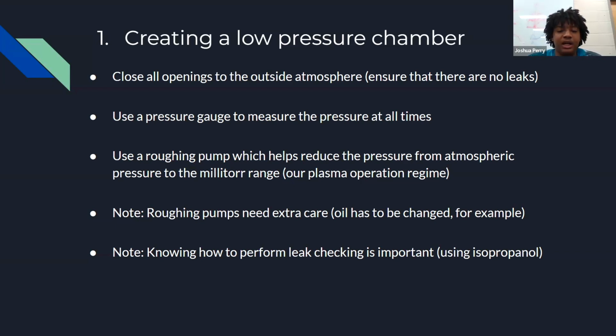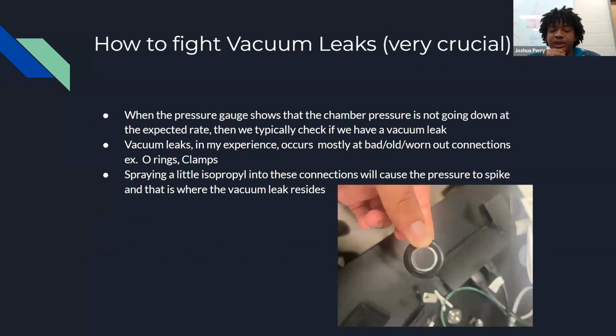And knowing how to perform leak checking is actually important when creating this chamber as well. You can probe around the different connections with isopropanol, because it might be a broken O-ring or a weak connection, something that isn't tight. And here's a picture of an O-ring. They come in different sizes. I think this is like a 16 centimeter diameter O-ring. But yeah, we put those inside the connections because they expand and help us